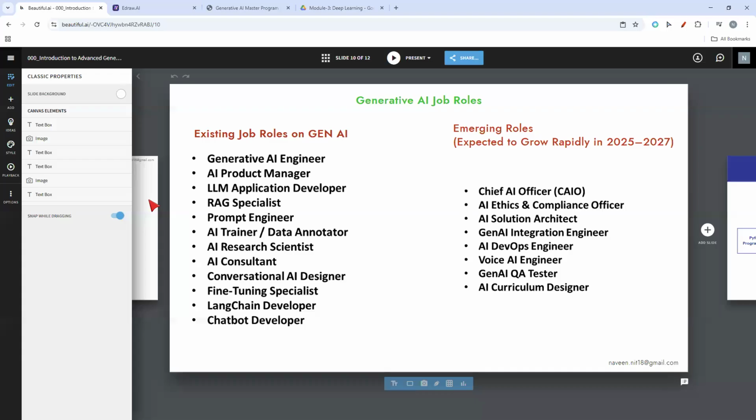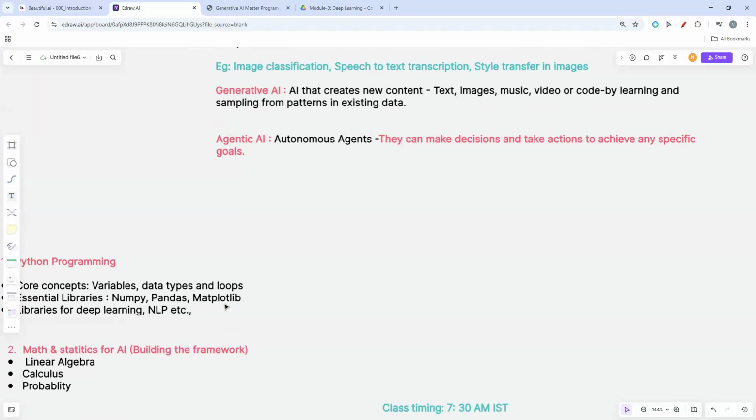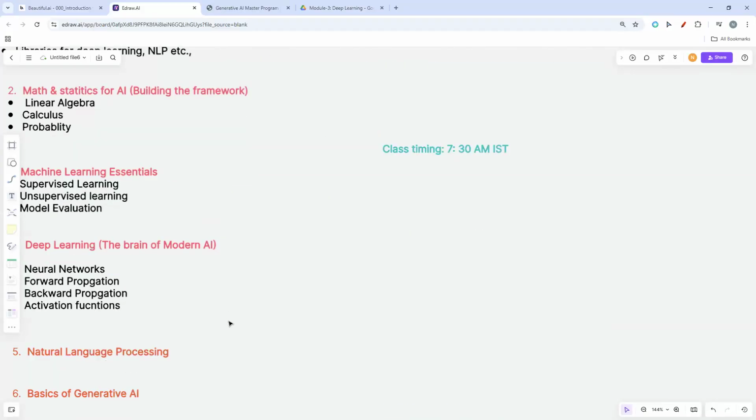Those kinds of things you'll have to do. So there are many responsibilities of a generative AI engineer. Building chatbots is one of them, but of course there are many, and I'll tell you in detail. I'll write things over here and show you what the responsibilities of a generative AI engineer are.